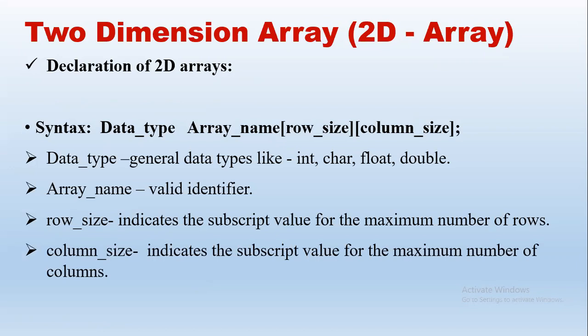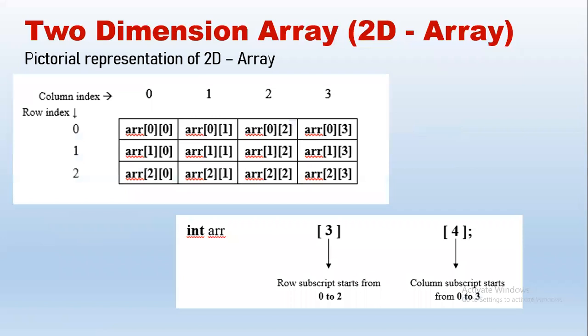We had discussed this also previously, just a representation wherein we have two subscripts or two indexes. ARR is the name of the array. So 0 is the first number, it indicates row number 0. Second number 0 is the column number. So ARR of 0, 0 is the first element of the two-dimensional array. If we are declaring this two-dimensional array, as we can see, it has 3 rows and 4 columns. How do we declare this array?